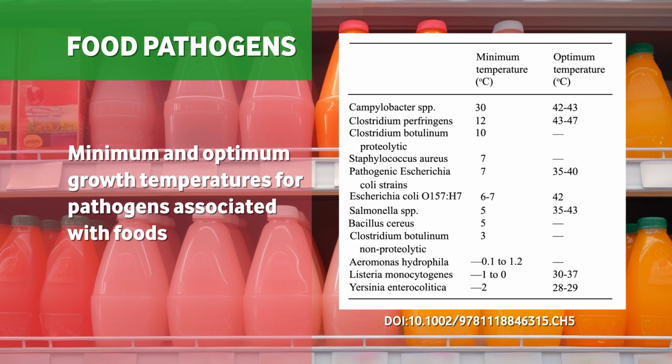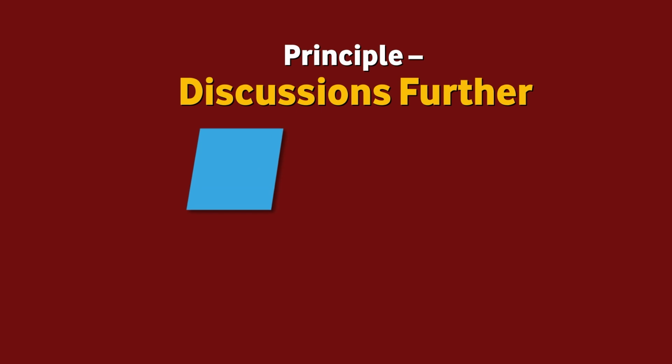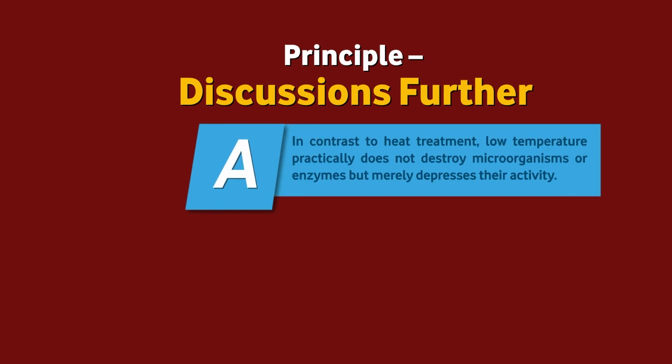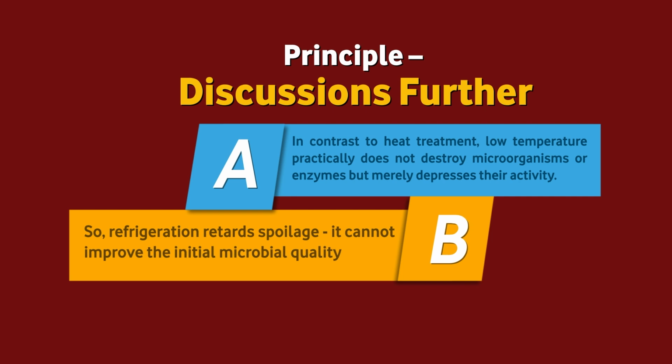So it is very, very important to know it, in order to deliver safe food. The principal discussions, if we take in relation to low temperature: I mentioned that, in contrast to high temperature, low temperature practically does not destroy microorganisms or enzymes per se. Both are important agents for spoilage of food. Here,